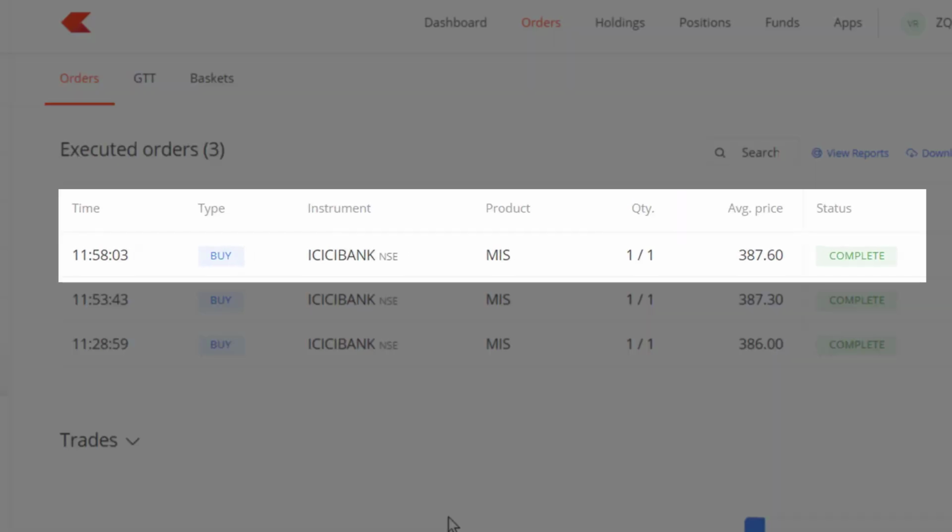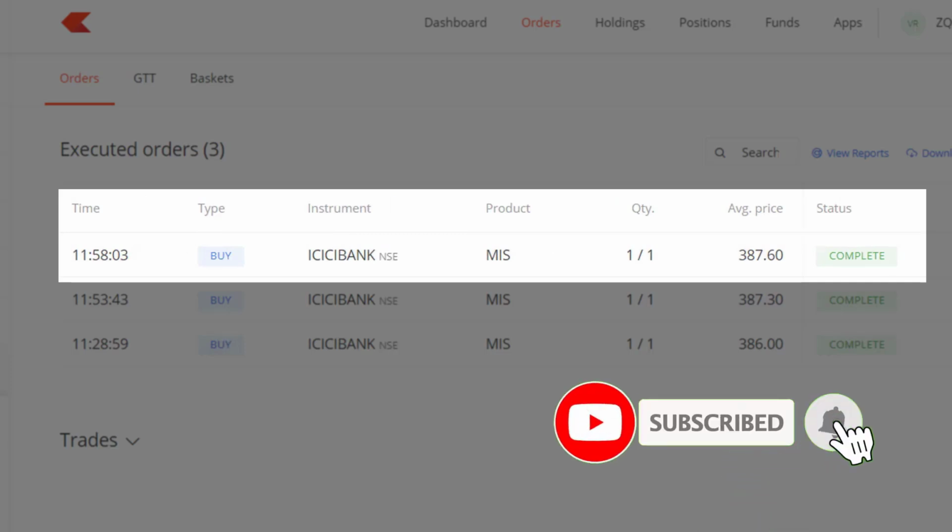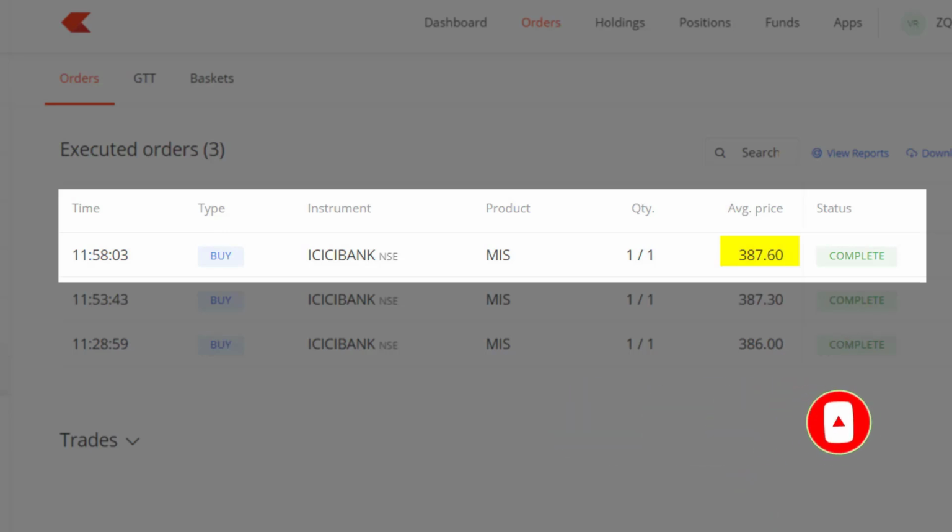As you can see here, even though I gave the price as 400 rupees by mistake, the stock exchange was smart enough to execute it at the market price. So this is what typically happens: if you give a price higher than the last traded price or the current market price, the stock exchange executes it like a market order, and that is the best price you get. So you don't really have to pay a big penalty for making that kind of mistake.